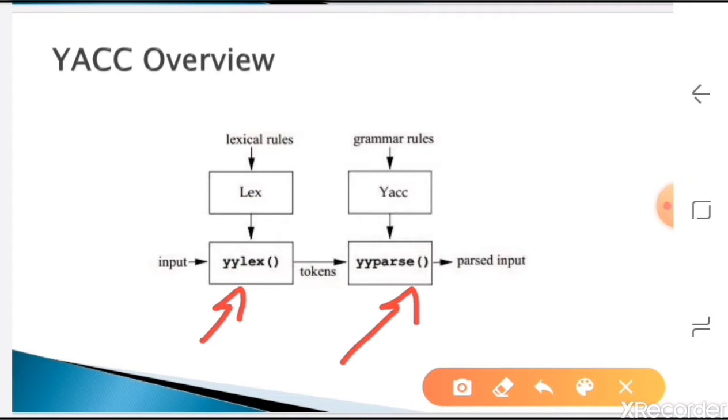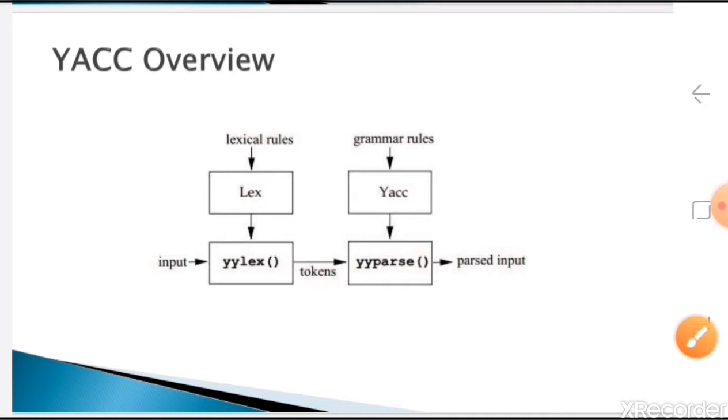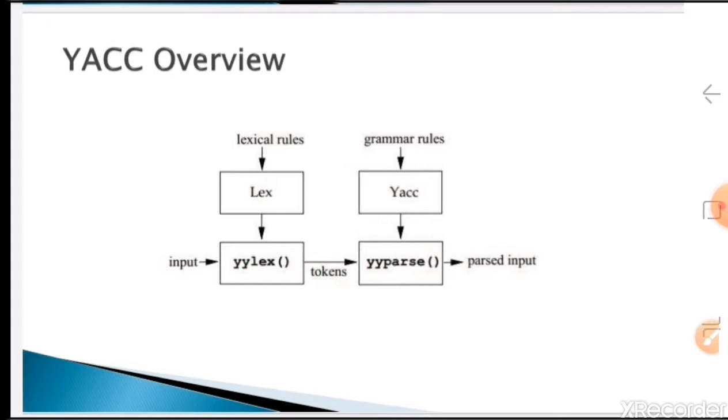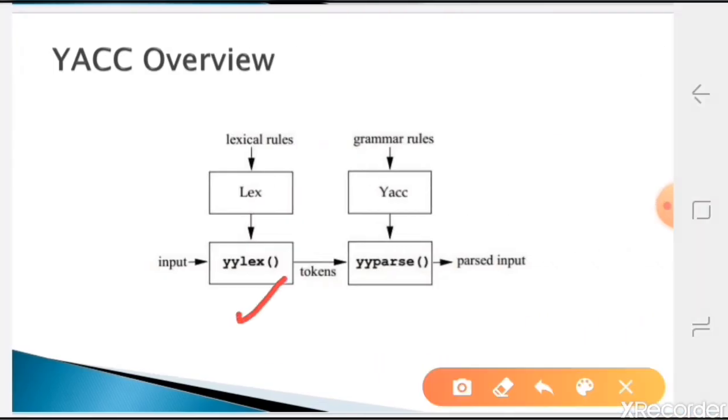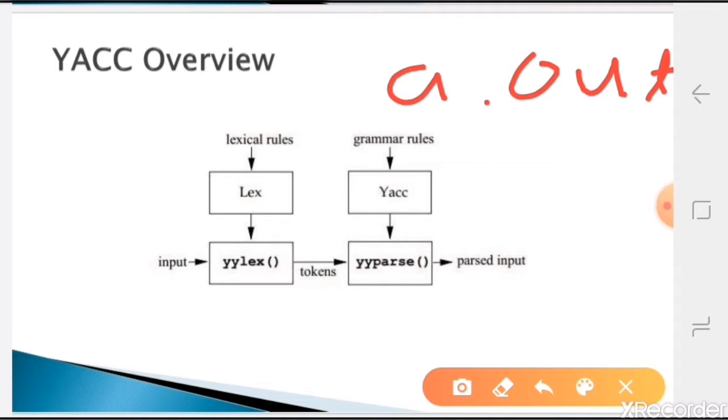Okay, and this parse function will be kept inside a file called y.tab.c. Okay, we will study that in detail again. So the two files we receive, from lex and YAC, will both be combined and will form one output, which we call a.out. This is the combination of both C files' output together, so our one program contains two C files.